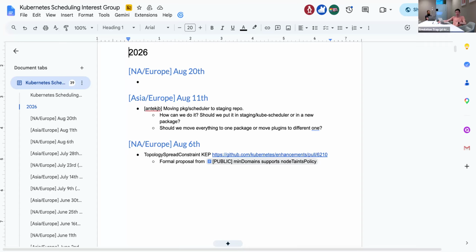Yeah, so the cleanup can be done later, right? So we can, as I mentioned, create a separate package in the scheduler staging for the interfaces, and then try to resolve and remove them after merging the move to staging.